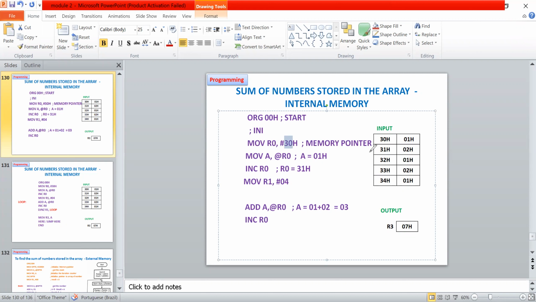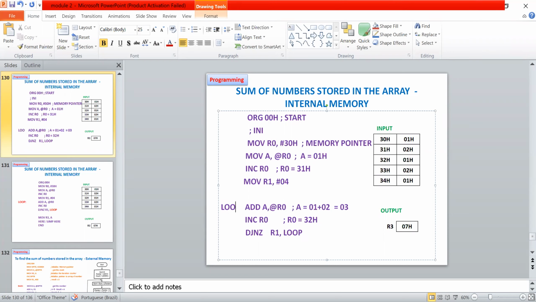After incrementing, R0 will now be 32H. Why have I incremented? Because now I'm going to use the counter decrement and jump instruction: if the counter register is not 0, go to the iteration.